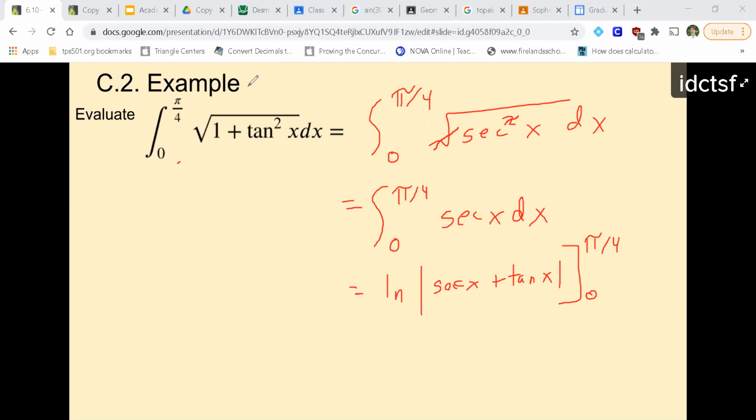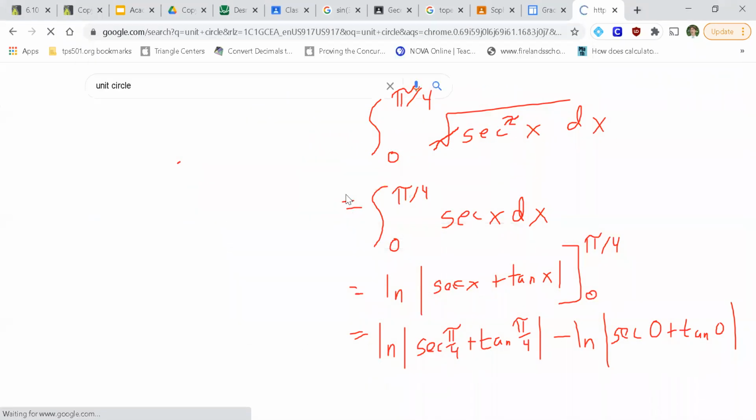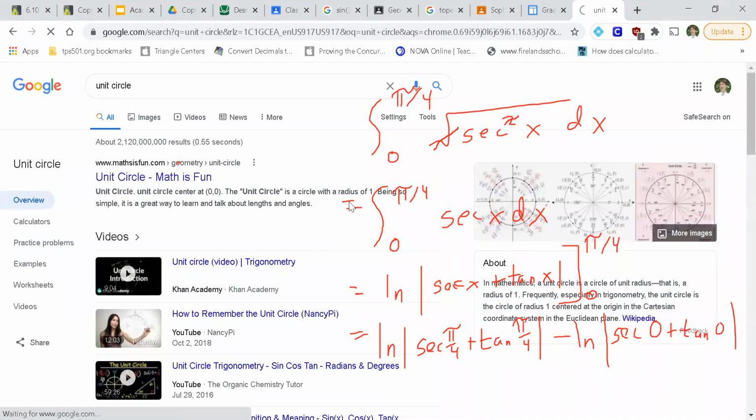And then if we plug in, the natural log of secant of pi over 4 plus tangent of pi over 4, minus the natural log of secant of 0 plus the tangent of 0. And now this is just using our unit circle. So actually, over here, let's go ahead and pull it up. If you grab your unit circle,